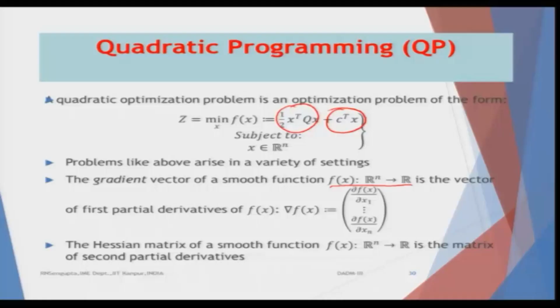While the off-diagonal elements are similar in the sense that the partial derivative del 2f by del x1 del x2 would be exactly equal to del 2f by del x2 del x1. That means finding the partial derivative of that function first with x1 and then with x2 would give you the same value. That means the functions would be smooth and symmetric, in the sense that the second partial derivatives are the same. If not, then obviously you would face problems. I am not going into the nitty-gritties of the mathematics.